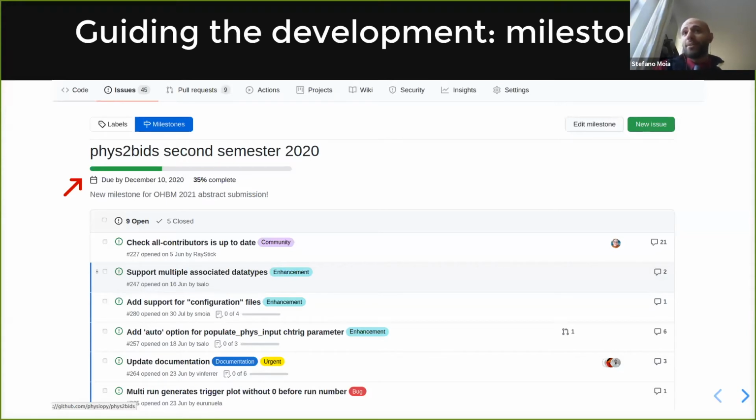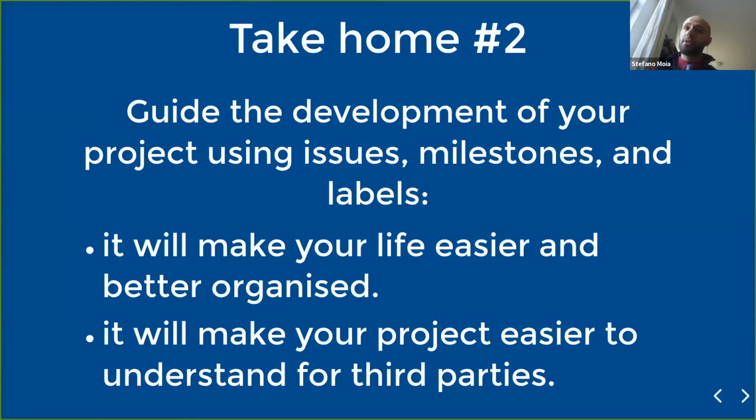And the nice thing is that you can track the development of all these issues, see what needs to be done, see what the completion is, and know if you will be late for a deadline or not. So take home message number 2, guide the development of your project using issues, milestones, and if you want, labels. It will make your life easier and better organized, and it will make your project easier to understand for third parties.